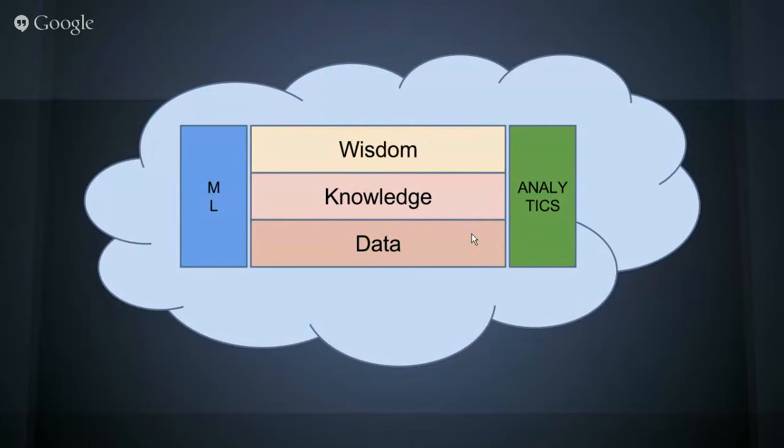So this is the basic cloud we are looking at now for IoT devices. One is the data. This is the raw data we get from the device sensors, like temperature, humidity, vibration, proximity, light sensor, those things. Then it goes to the knowledge level using analytics. It will analyze the data and create knowledge for you.